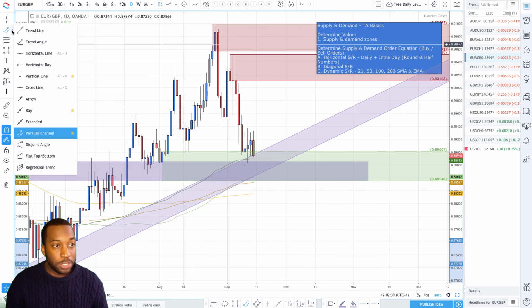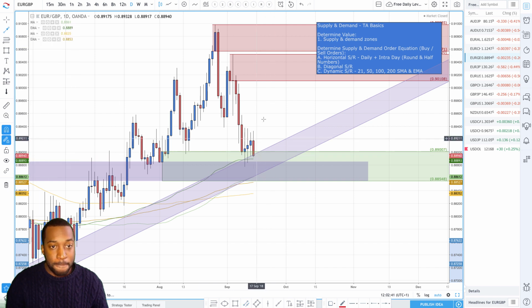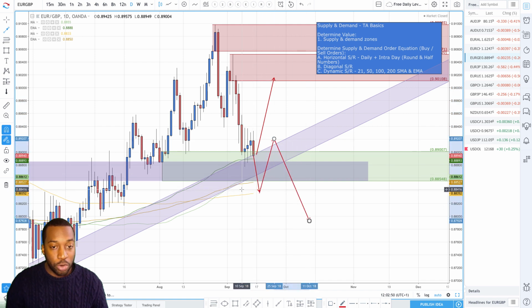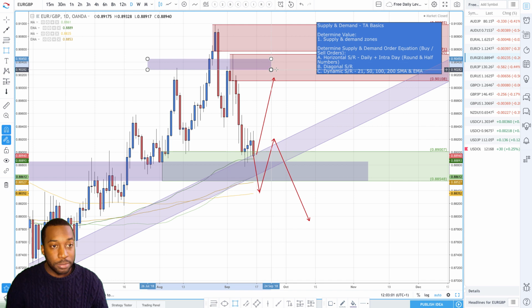Your nearest supply zone at the moment is going to be up here, because unless we create lower lows, and then we'd be looking for this area to be an area of supply. But as it hasn't happened yet, this is going to be your area of supply right here, and then you'd be looking to do the same thing. So bit of support and resistance there. Prices didn't react to it, and then resisted here again, and then